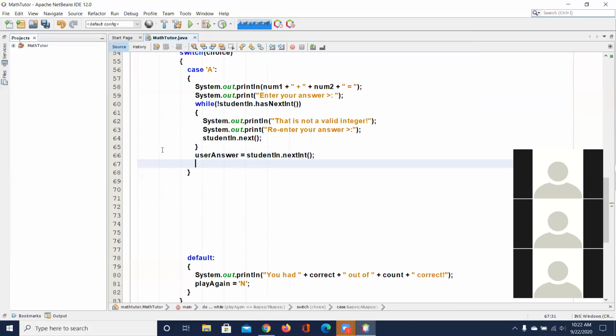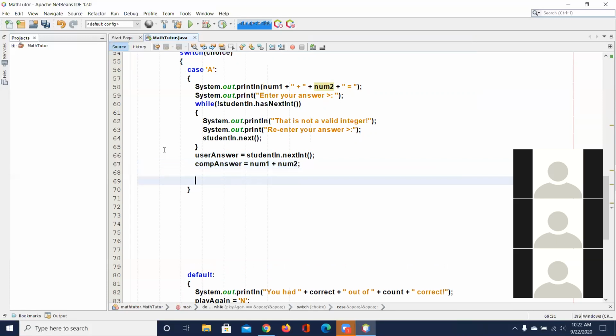And then the computer's answer is equal to num1 plus num2. And then if user answer is equal to computer answer,